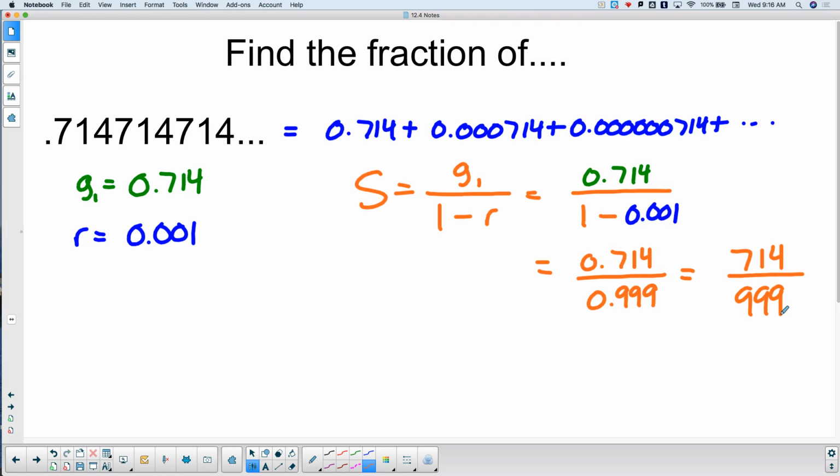So 714 then is divisible by 3, and it actually ends up being